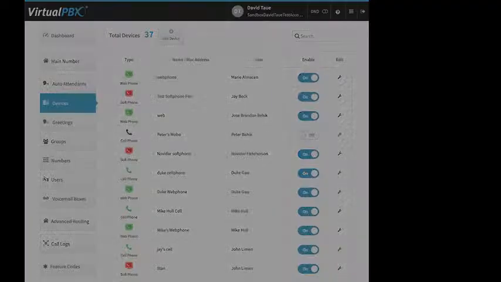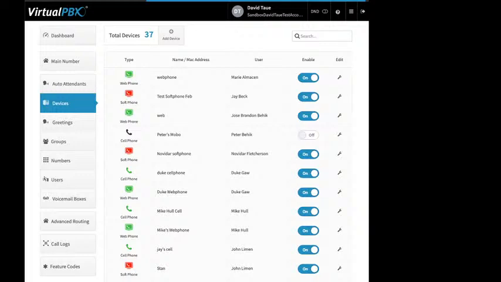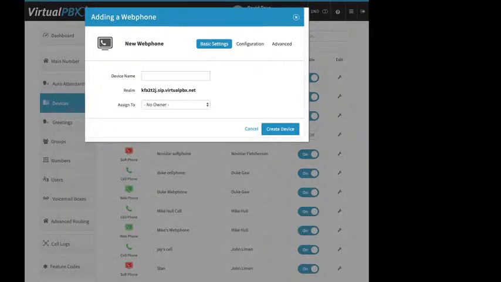Oh, and then the web phone, again, you get that same warning message. And then you give it a name, and then you assign it to an owner. You click on Create Device. Now, the web phone,